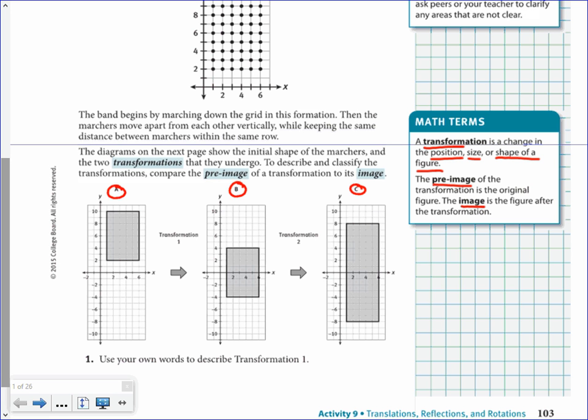The first thing that they ask for, in your own words, describe transformation 1. What happened from figure A to figure B? Our figure slid down. Rectangle A to rectangle B, we are moving it down. All of the marchers are moving down. You may be more specific. You may say they slid down by 6. They started here, and now they ended here. So they moved down by 6. They slid down. So looking at the next page,